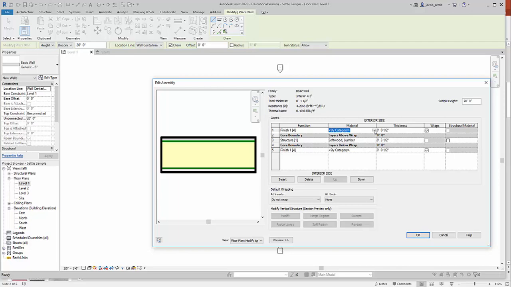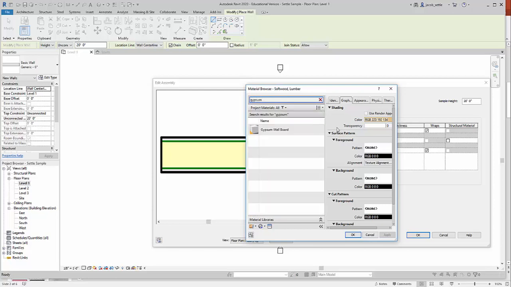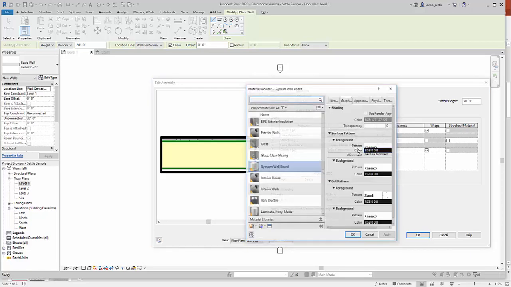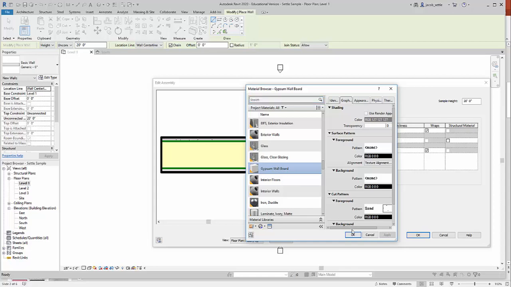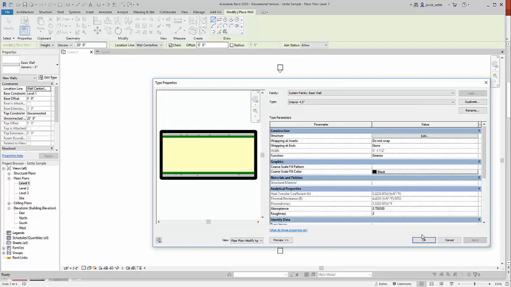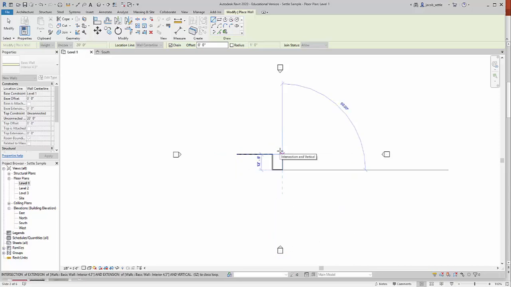So I'll select where it says by category, and I'm just going to type that in up top here. Maybe my computer wants to work with me here. Alright, so gypsum wallboard, we hit OK on that. I'll do the same thing on this one. Gypsum again, there it is, hit OK. So this wall is set up. This is my 4.5 interior wall. I'll hit OK on that, hit OK again. Always make sure you hit OK through those. And then I'd be ready to draw. My default wall height's 20 feet right now. We'll get into that in the next video,